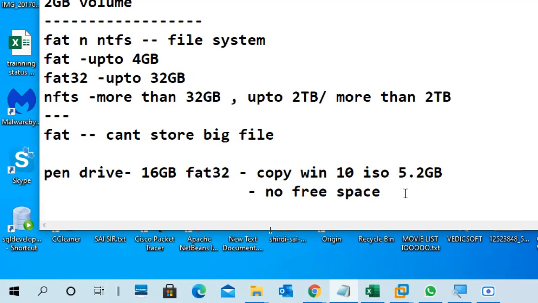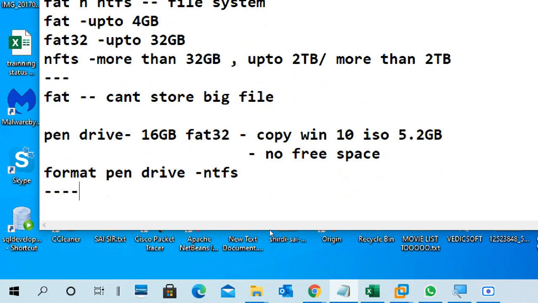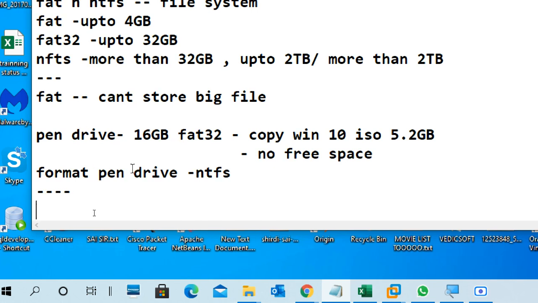So what you have to do is format your pen drive with NTFS. I think you know how to format it; if you don't know, I will tell. There are two ways: the command prompt, or the normal format, right click on the pen drive, format. Select NTFS.